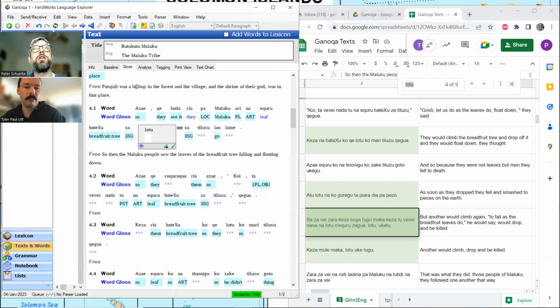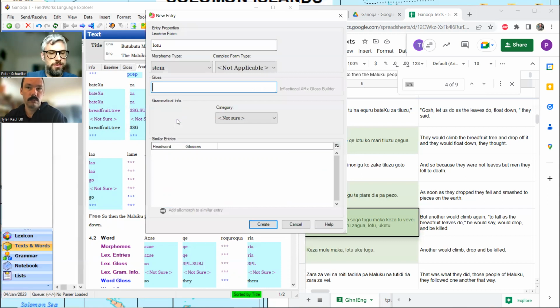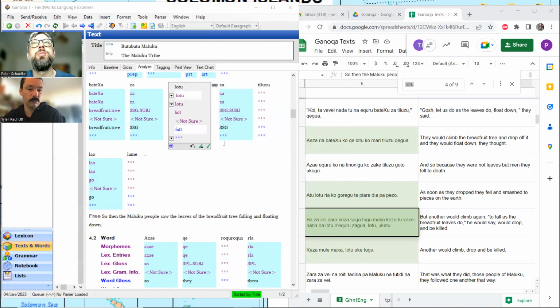Would you like to go with drop or fall? Let's say fall, because I feel this is more intransitive. Drop goes either way in English. So I feel fall is a little clearer for what we want. If it goes either way, then we should see some object agreements. Let's go with fall for now. Provisional. So we feel pretty confident about Tiluzu, by the way, which we've seen quite a bit.